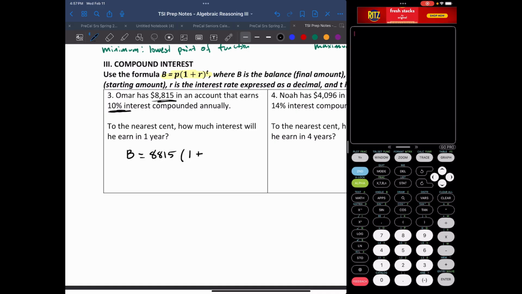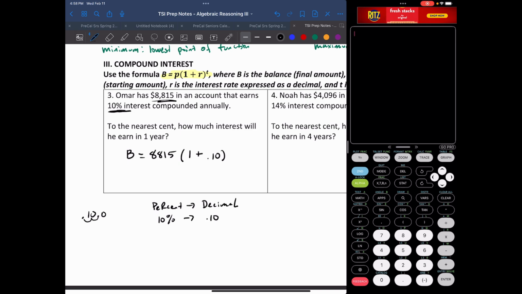So if I express this as a decimal, right? So hopefully you all remember from percent to decimal, we move the decimal, let's say if we have 10.00 or 10.0, it doesn't really matter. We're going to move the decimal to the left 2 times. So we went from 10% to 0.10. So I'm writing 1 plus 0.10